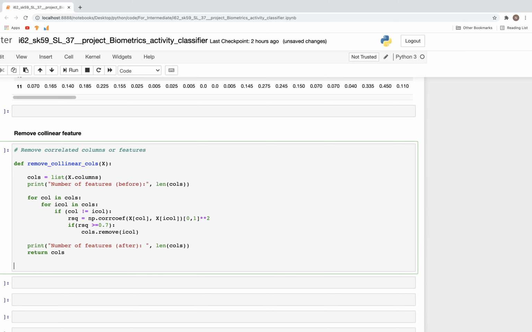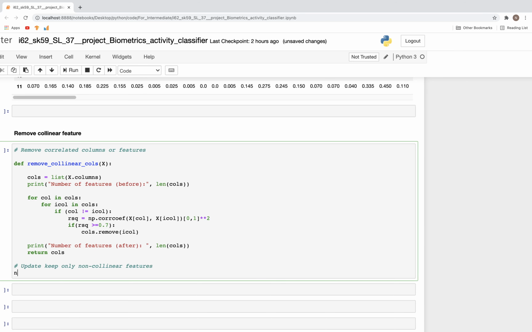So now we update, keep only non-collinear features, and for this new underscore columns, we're going to remove underscore, I'm going to call the function collinear columns x,